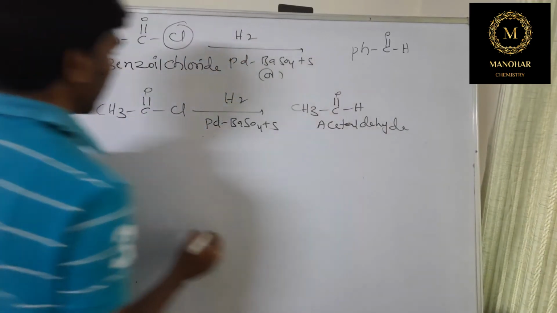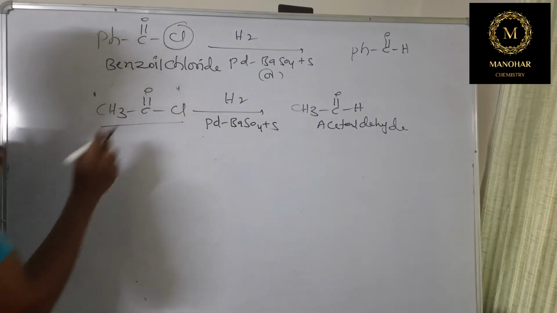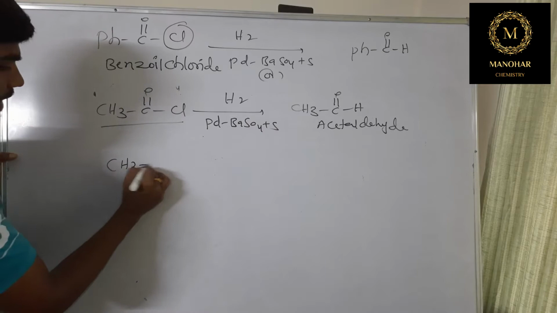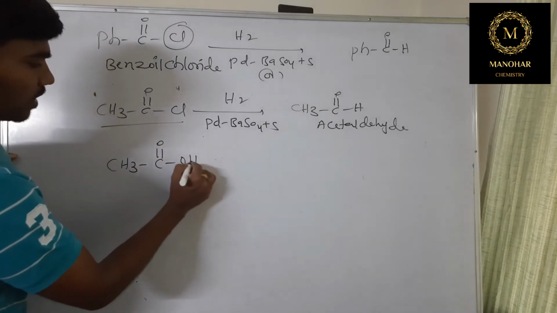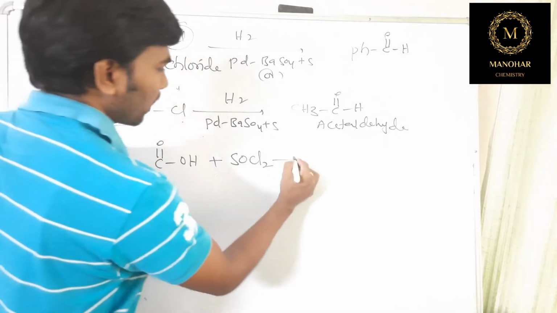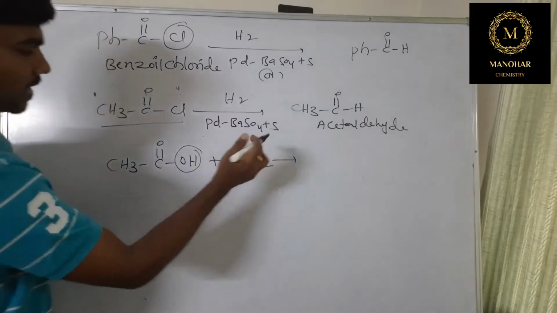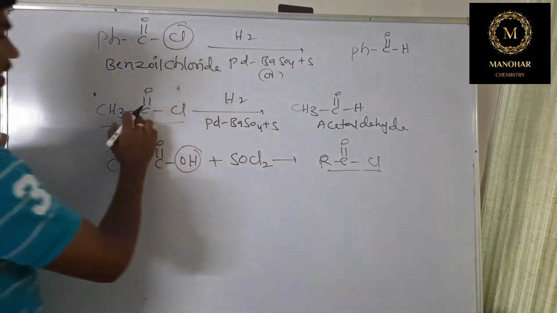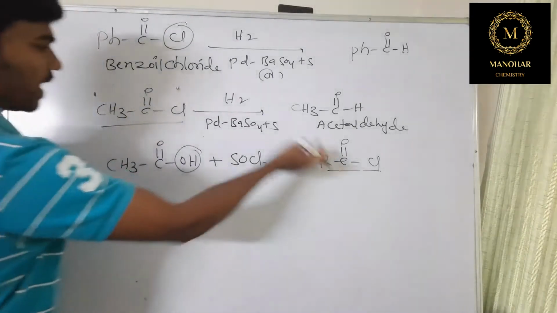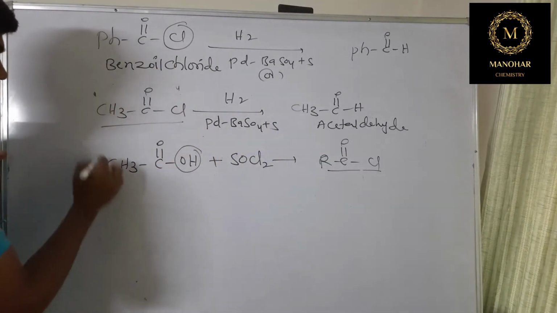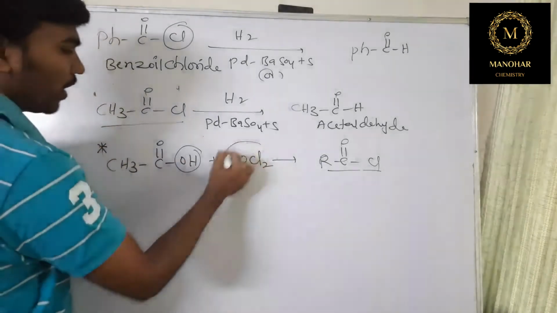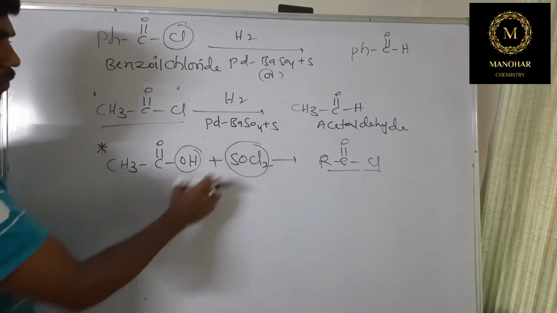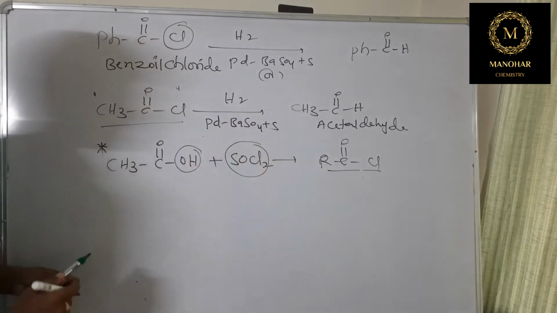Okay, here I want to give one clarity. So here CH3C double bond OCl is called acyl chloride or acid chloride. How can we prepare these compounds actually? To prepare this compound you can take CH3C double bond OH. When it is reacting with thionyl chloride, this OH will be replaced by Cl. So RC double bond OCl you will get. This one you can take as a reactant for the Rosenmund reduction. So this is also one important concept here. Thionyl chloride always will replace the OH group. In alcohols everywhere it will replace the OH group only. The OH group will be replaced by chlorine when you are taking thionyl chloride.